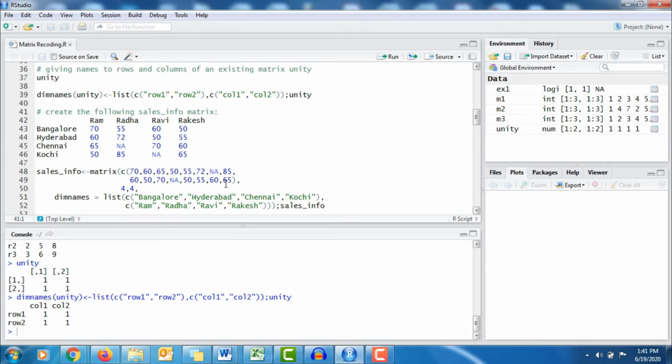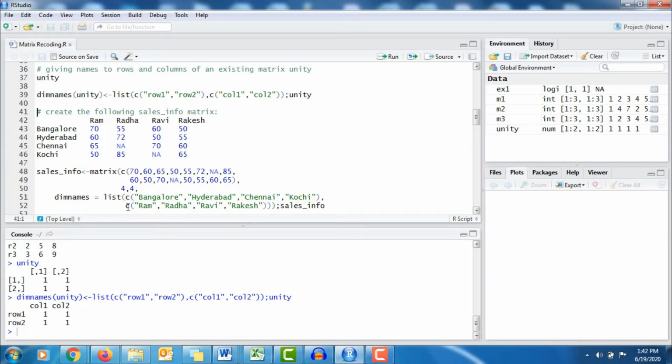After that, please close your bracket, followed by a comma, followed by the number of rows, followed by the number of columns. Then you have a comma and then use the dimnames argument to provide names to your rows and columns.